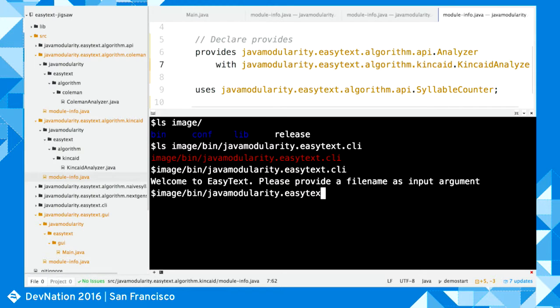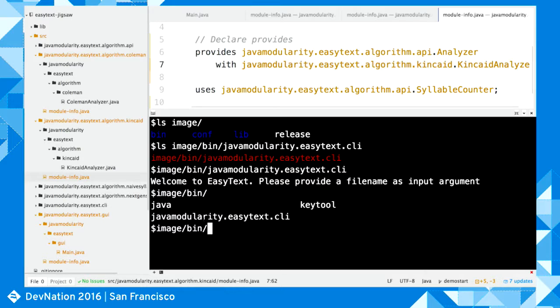And if we look at the directory a bit more in depth, we can see that it contains this Java Modularity EasyText CLI command line binary, and it also outputs a Java command and the keytool commands, just because in Java base there's some security stuff which can use the keytool.